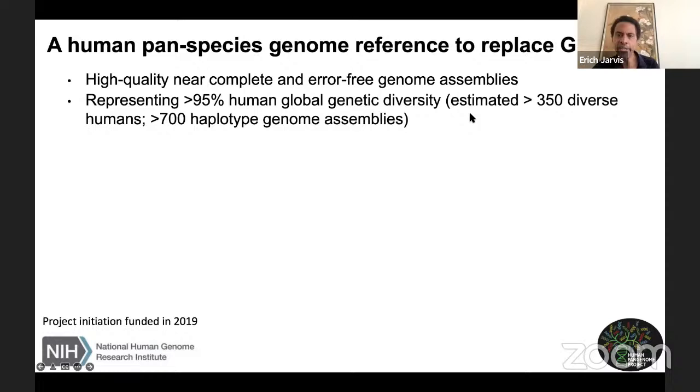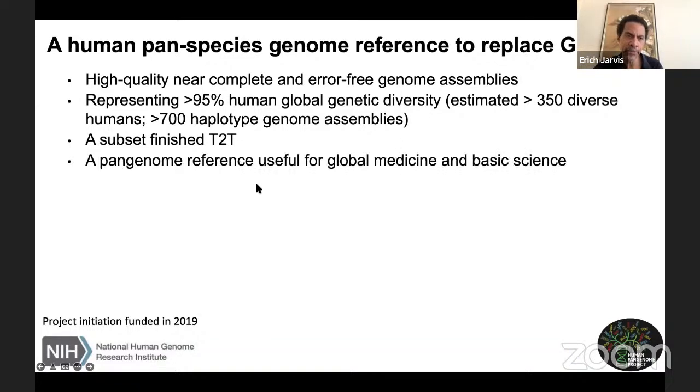And through some calculations, an estimate was made that you need 350 diverse individuals, which will give you around 700 haplotypes to achieve that goal. That's a theoretical calculation for SNPs at least, based upon the 1,000 Genomes Project short read data. And to finish a subset of these genomes, if not all of them, telomere to telomere,